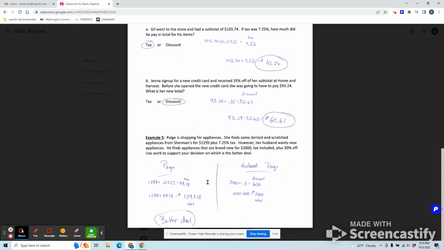So when you are doing discount, you are subtracting from your subtotal. And remember,